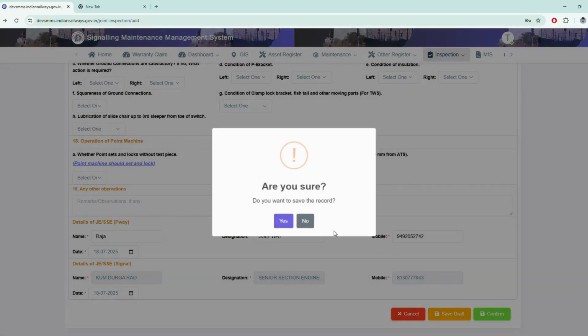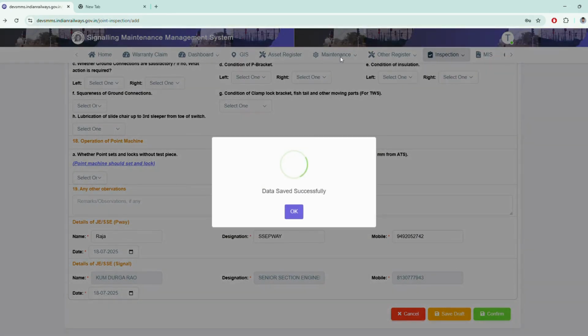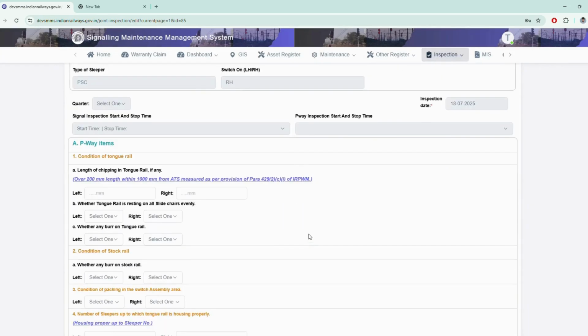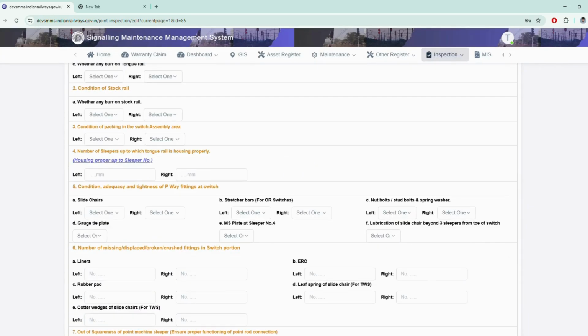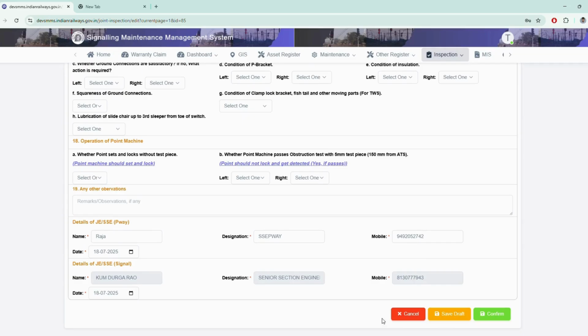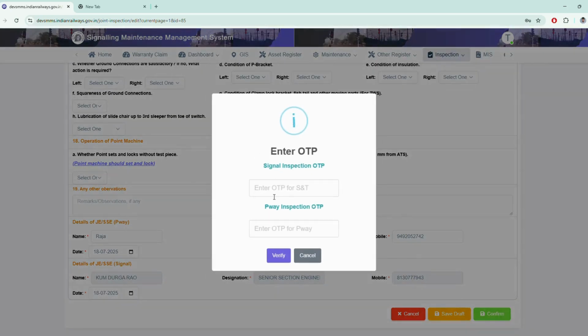Partially filled forms can be saved as draft. After entering the OTPs, which will be sent to the registered numbers of both signaling and engineering officials, details can be updated.